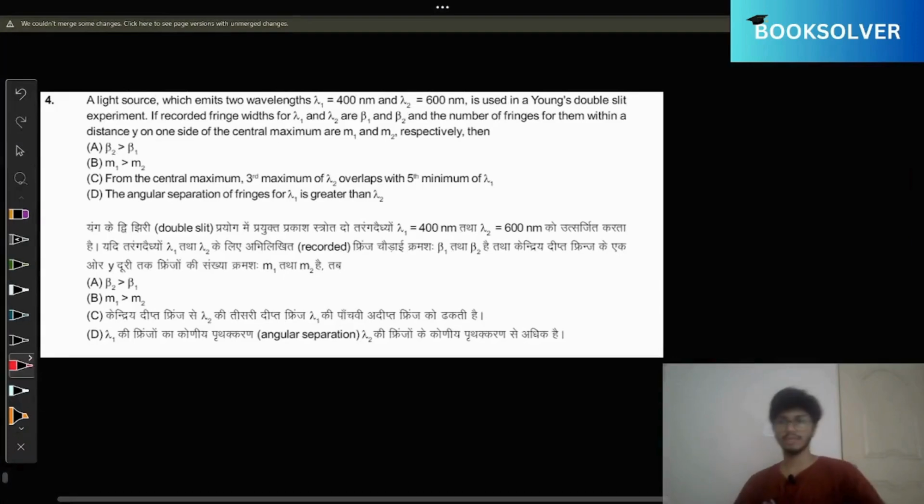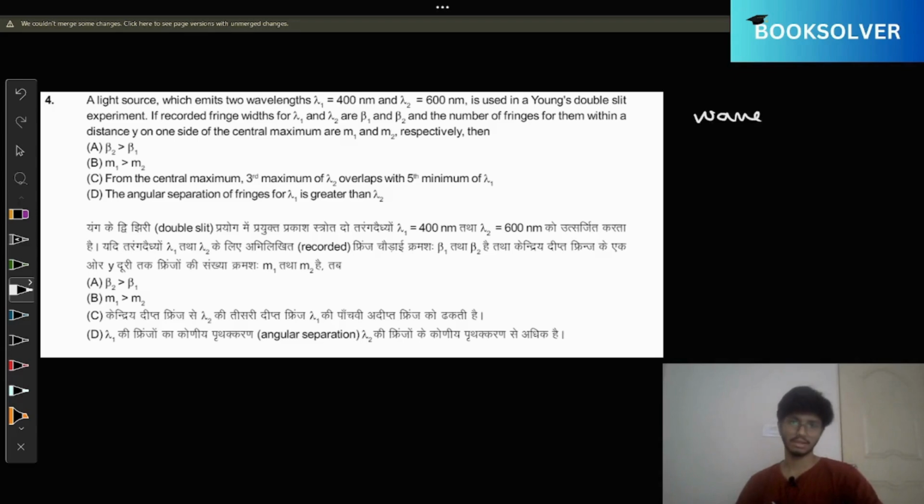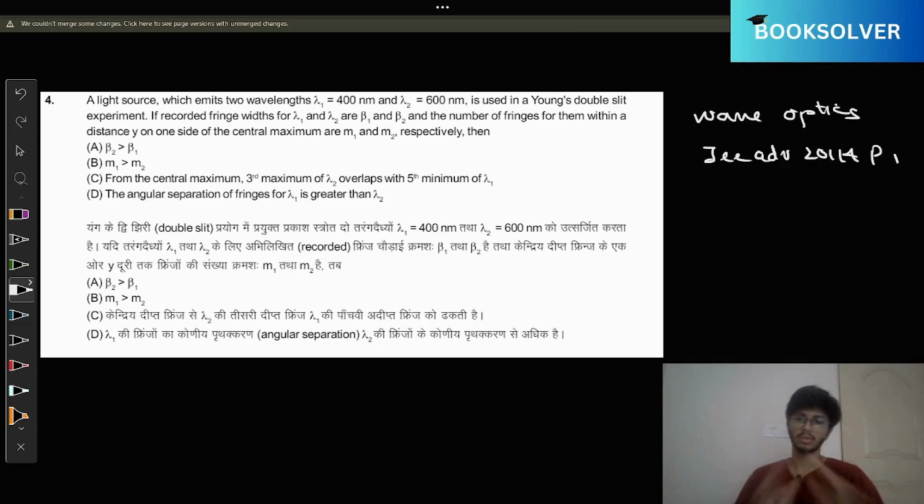Hello everyone, the given question is from the topic of waves. It's from wave optics. It came in JEE Advanced 2014 Paper 1. The question goes like this: a light source which emits two wavelengths, lambda 1 and lambda 2, is used